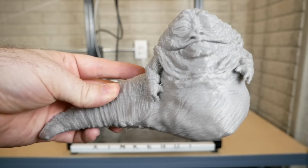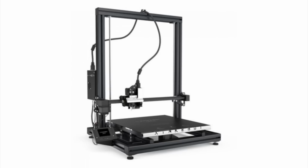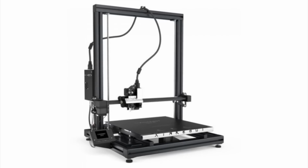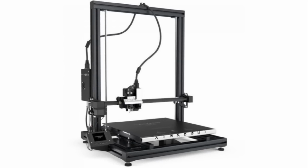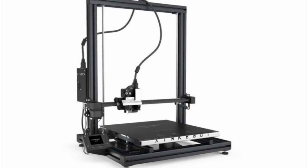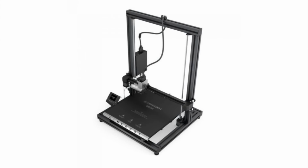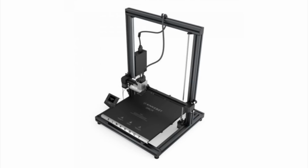I'm calling this a first look review rather than a final review because I don't feel like I've had the chance to fully put this through its paces, and some of the problems, like I had with the Gamorrean guard bust, I feel are probably related to my settings, so if I can hone those in a little bit better, I imagine that I won't have any quality issues with this printer. So I'm fairly confident that the quality of the printer is good, and it has a lot of nice convenience features like the auto bed leveling, but the real question we have to ask is about the price,